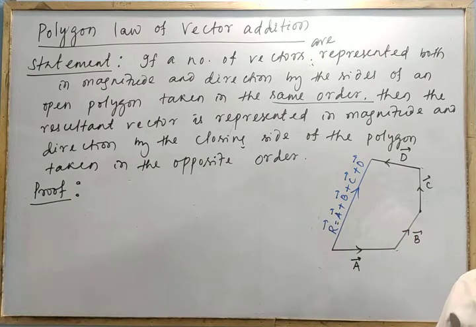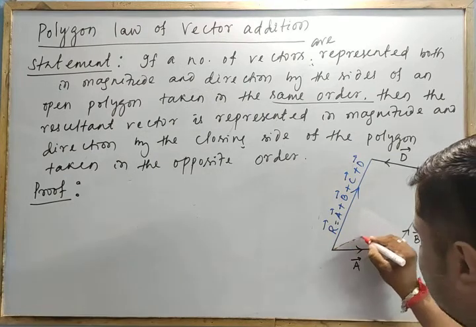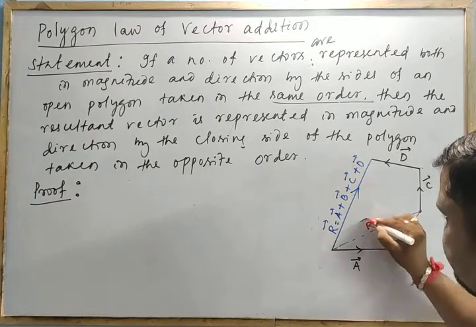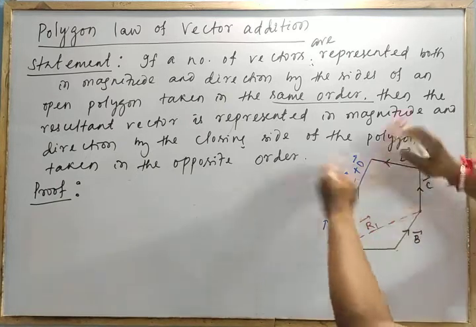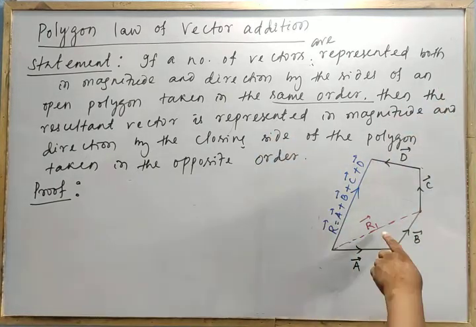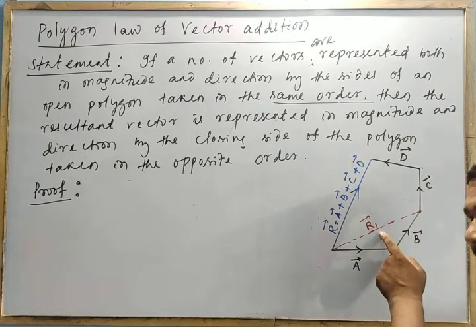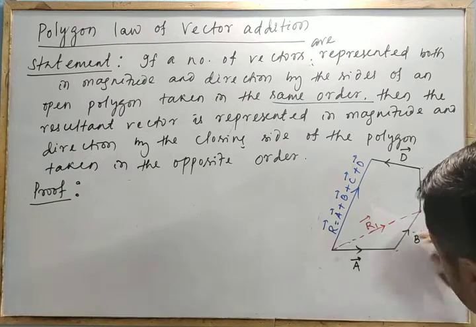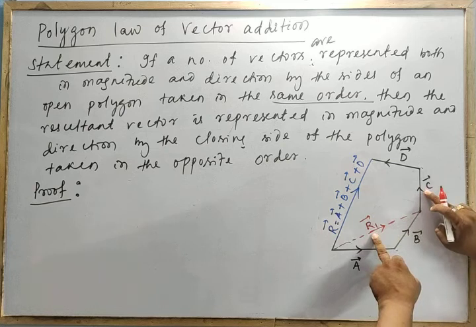So how to find this one? Now you do it one step at a time. So let me join, as A and B are the two sides of a triangle. If I make a triangle like this, then let this be your R1. This is the resultant of A and B. Forget about this thing. A and B are the two vectors, R1 is the resultant. A and B are in the same order. What is R1? In the triangle law, it is in the opposite order. So this is my R1, opposite. They are in this direction.